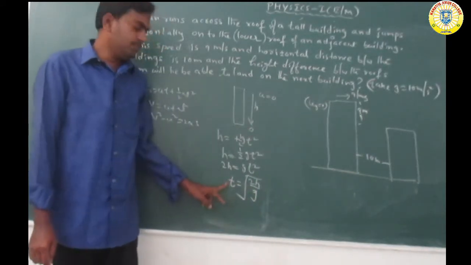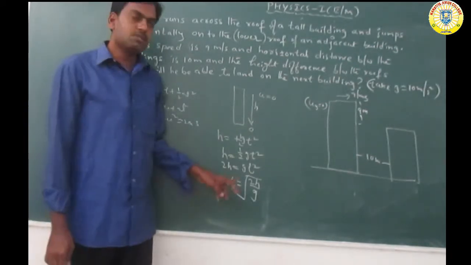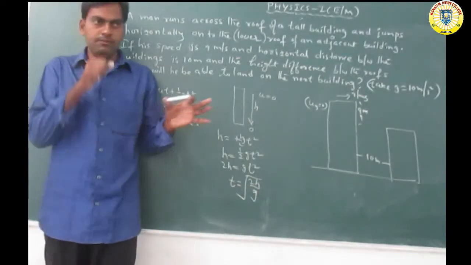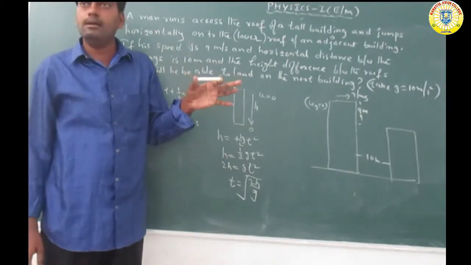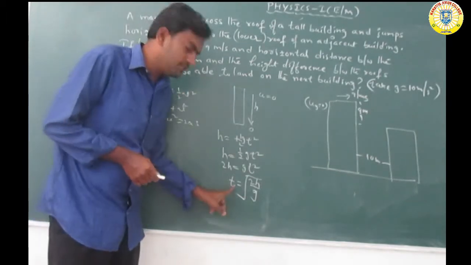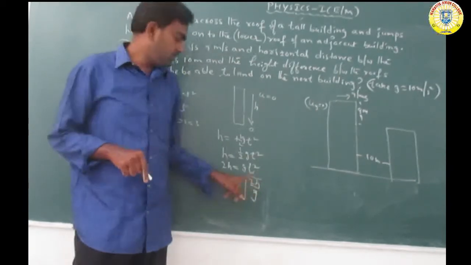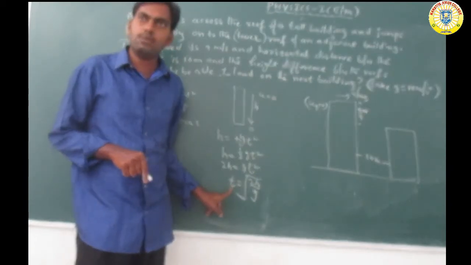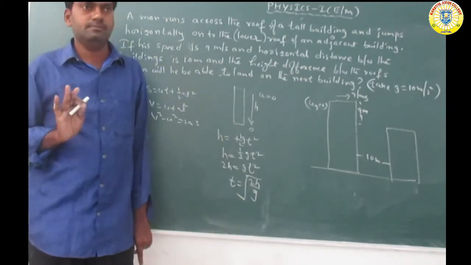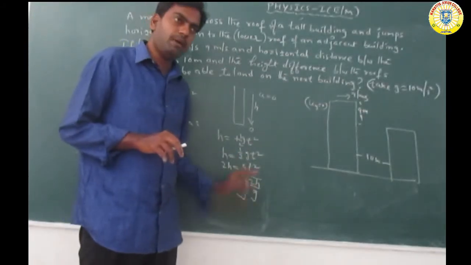Now t is the time taken to reach the ground for any free falling body. So by using the direct equation, t is equal to under root of 2h by g. For example, a free falling body is dropped from a certain height above the surface of the earth. To find out the time, by using the equation directly, t is equal to under root of 2h by g, applicable only for a free falling body. So h is equal to half g t square, and t is equal to under root of 2h by g.